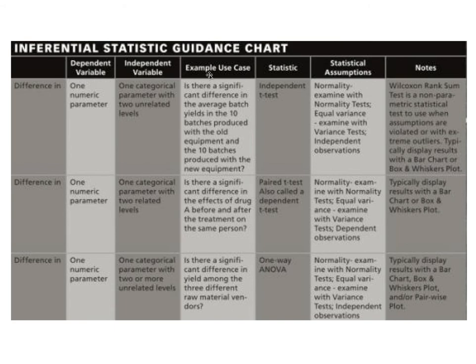And to help break that down a little bit, I'm sorry this is a little bit cloudy again. This is somebody else's images I'm just using to take us through this. These are for our experimental design. So you'll see independent t-test, paired t-test, one-way ANOVA. It'll tell you the dependent variable, one parameter, independent variable, and it'll tell you what it works with: two unrelated levels, two related levels, two or more unrelated levels, and it'll give you an example of a case. I will upload this slide deck onto our module page so you can look at this